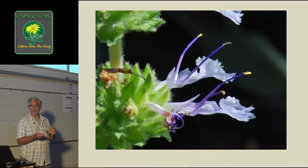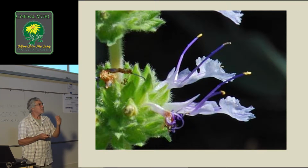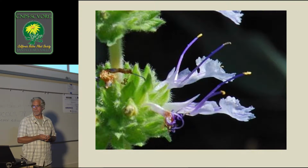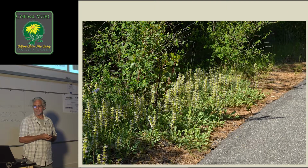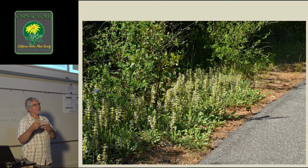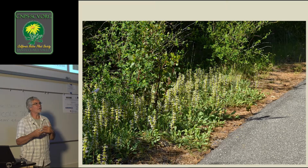And the flowers have a slightly different shape, kind of minus the top half of the corolla. It's more the bottom. Again, the stamens are just kind of thrown out there. And sonomensis has a wide coverage throughout the state, again, kind of coastal mountains, and also up into where I